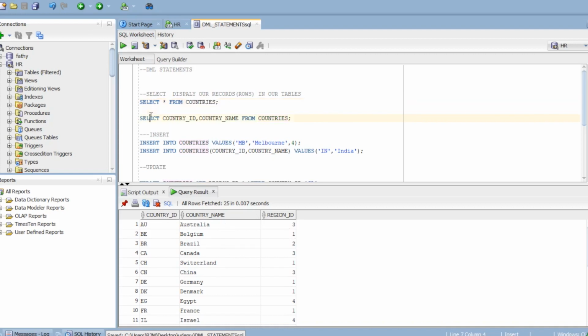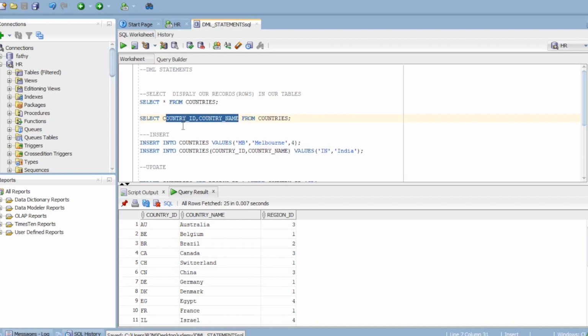See the next query: select country ID, country name from countries. Here, instead of a star symbol, I have given country ID and country name, because I'd like to see only two columns from my countries table.